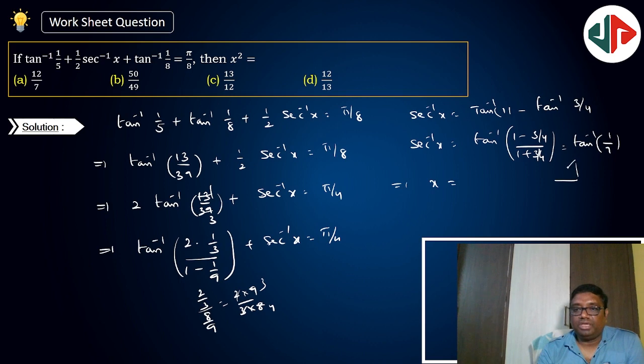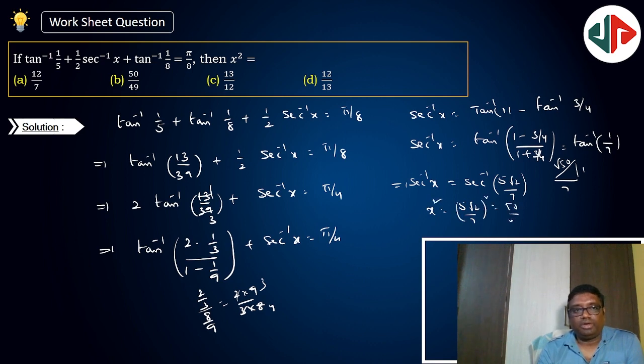Convert in terms of secant. In terms of secant, this is square root of 50, so 5 root 2. So secant inverse of x is equal to secant inverse of the hypotenuse, which is 5 root 2. So x value, if we simplify, x is equal to 5 root 2 by 7. So x square is equal to,